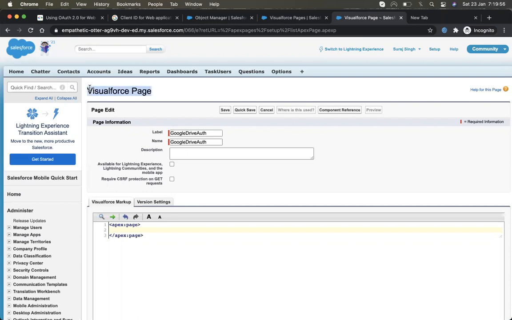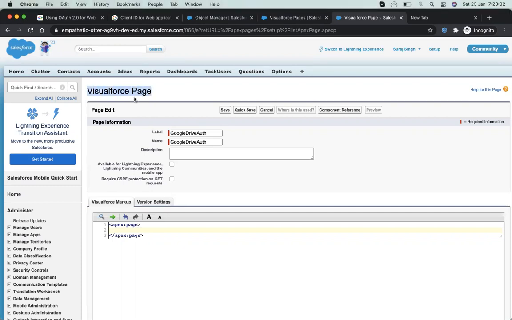But it's not deprecated, it's just not to be used. Nowadays we are not working with Visualforce pages, but it's available. So I'm just taking help from it, and in the real world we are not going to do it this way. But right now, since we haven't discussed the Aura components or Lightning Web Components, that's why I'm using Visualforce pages to demonstrate.